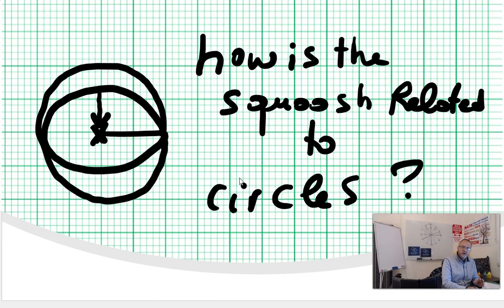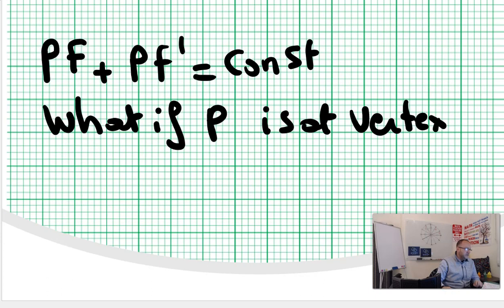Which circles? Auxiliary, concentric? Is it also related to the director circle, which is the locus of all those intersections of the perpendicular tangents to the ellipse? We will find out. We're also gonna, in this lesson, hopefully, go back to the famous string loop and how the length of that string loop doesn't change, and that's why PF plus PF prime is a constant. And in order to define many of these ellipse rules and formulas without memorizing them,